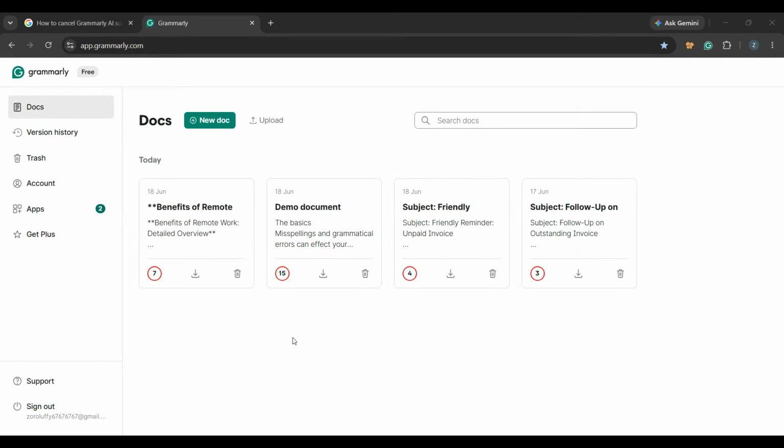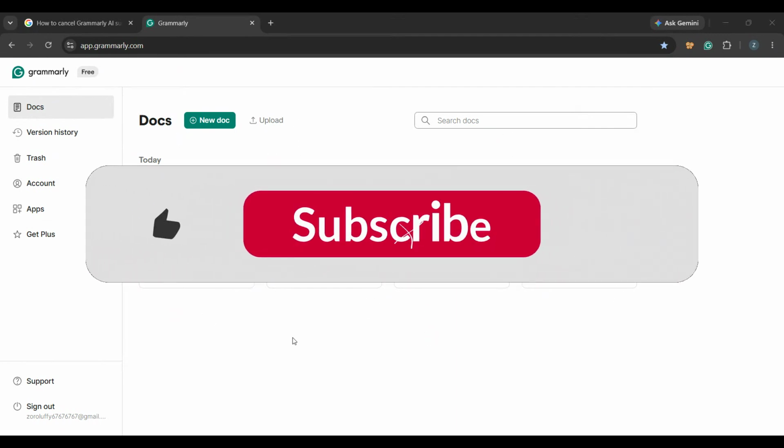We'll also look at the different checks Grammarly gives you, including grammar, clarity, tone, and the paid-only plagiarism and AI